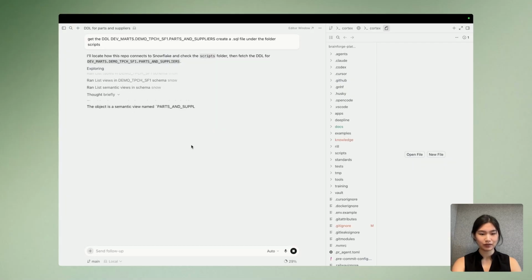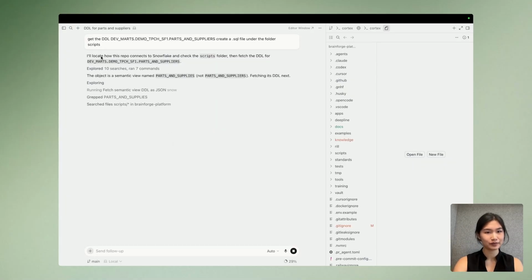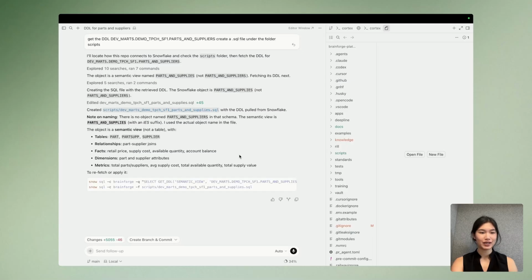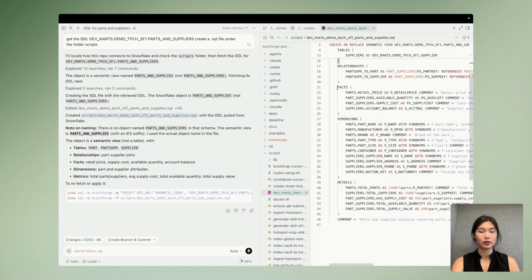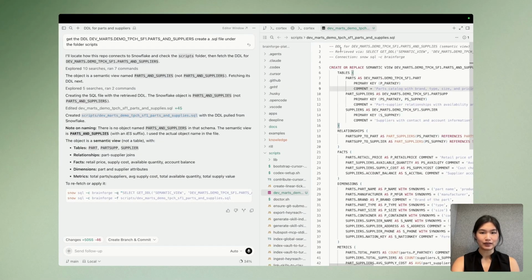It's now grabbing the schema from Snowflake, and we've now used it to create a .SQL file under our folder. The benefit of this is that you can edit it locally line by line and then directly deploy this using a SQL command from your IDE. So in this case, what I can do is propose